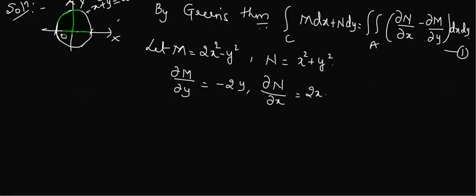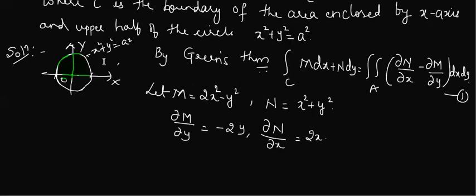Let us take all these changes and substitute in equation 1. In the beginning, I will not take the variation. Why I am not taking it is, if I want to take the variation directly here, x is varying from what value to what value? This is my region. You can say minus a to plus a. If you take 0 to a, you are taking only the quarter part. It is a semicircle.